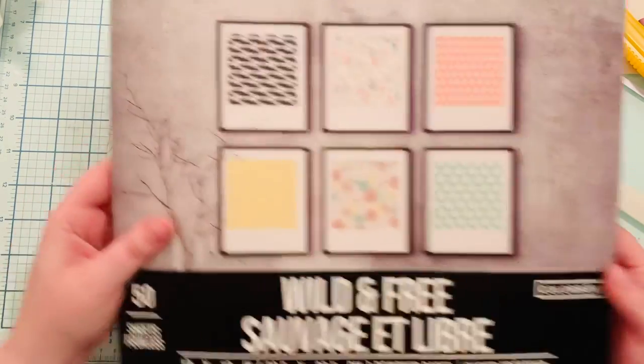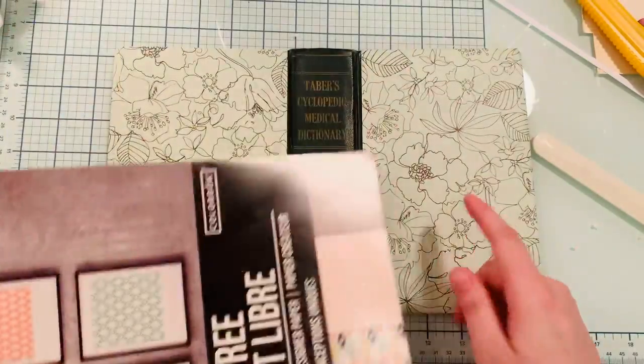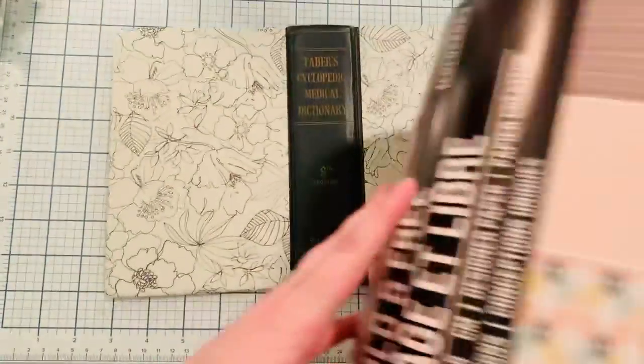Okay. I think this is the book that I've got that paper out of, so it'll match well. So I'm probably going to be able to find a really good...